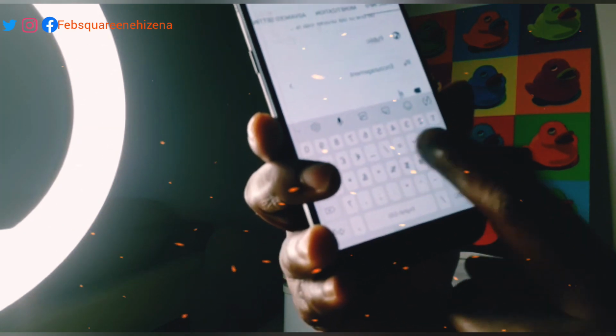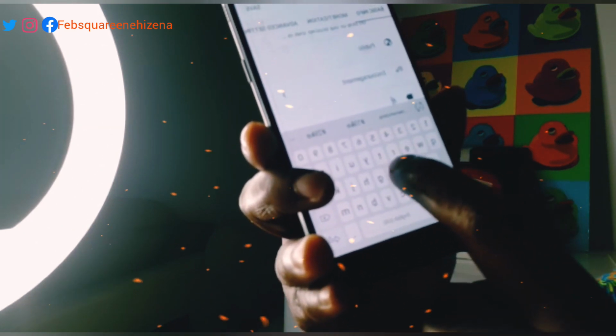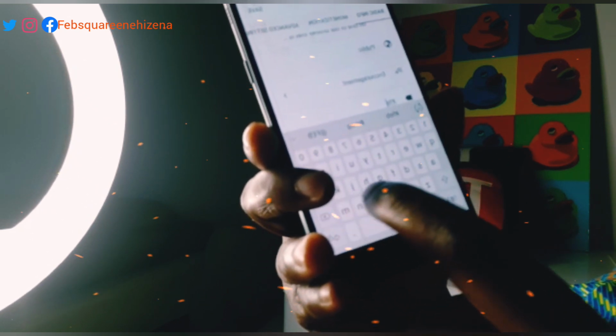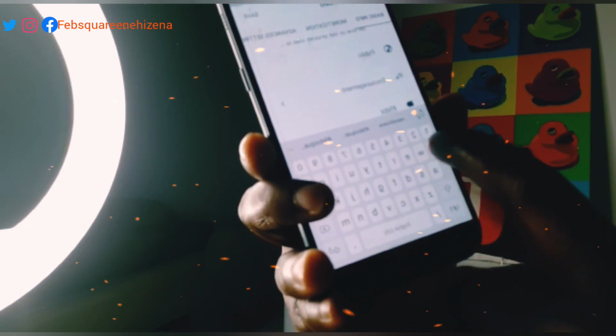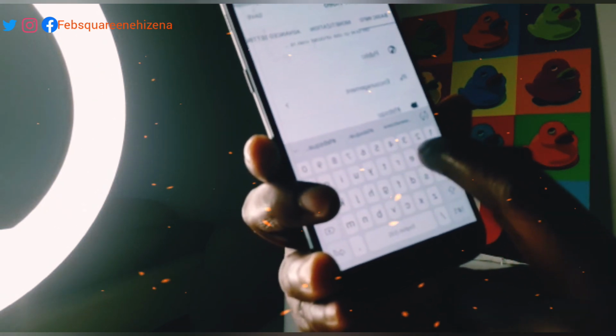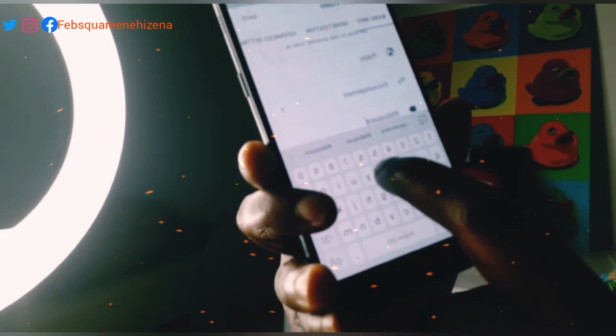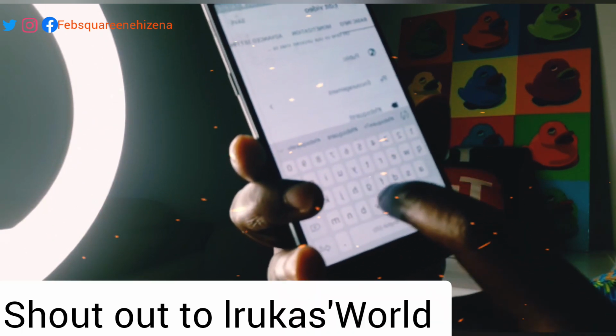Before, it was easier to do it with the phone and you save it, but now it's no more like that, especially the tag. Other things are easier for me with the phone, but the tag is not easy. So what you need to do when tagging your name, let's assume the name of your channel is